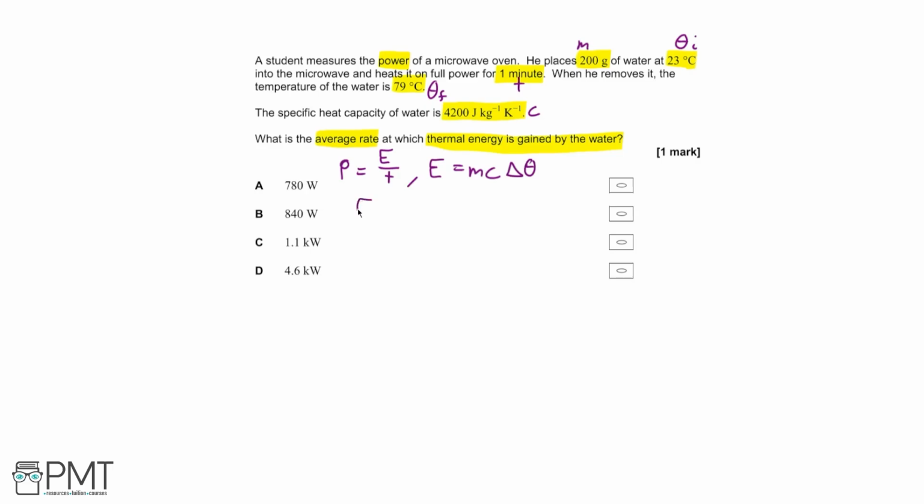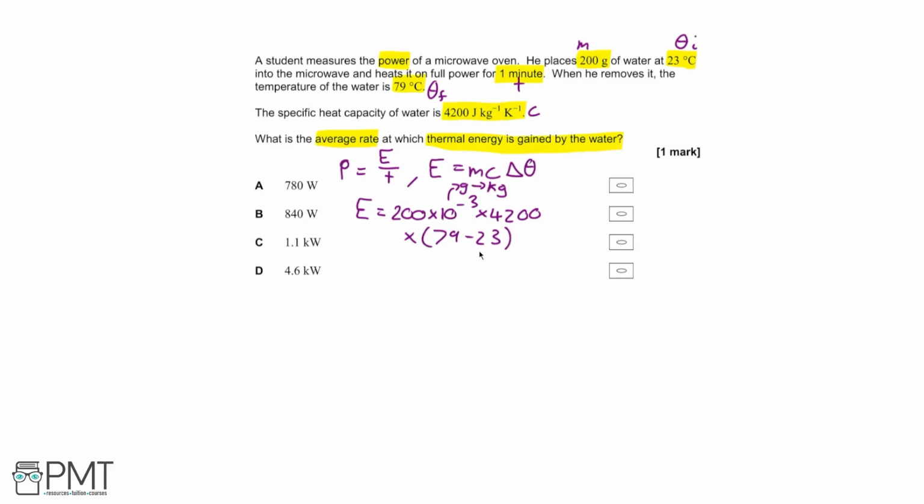So we do that by using E is equal to the mass, which is 200 times 10 to the minus 3, because we've been given it in grams and not kilograms. So this is grams to kilograms. The kilo prefix just brings in a factor of 10 to the minus 3. Then we include the specific heat capacity, 4,200. And then we have the temperature change, which is the final temperature minus the initial temperature. And note that